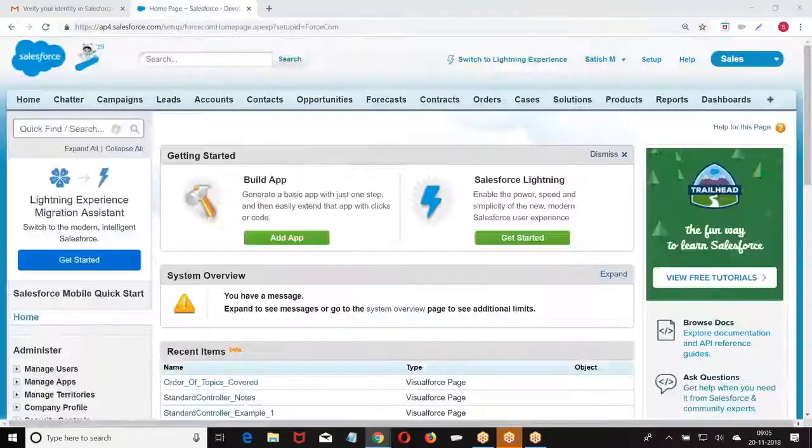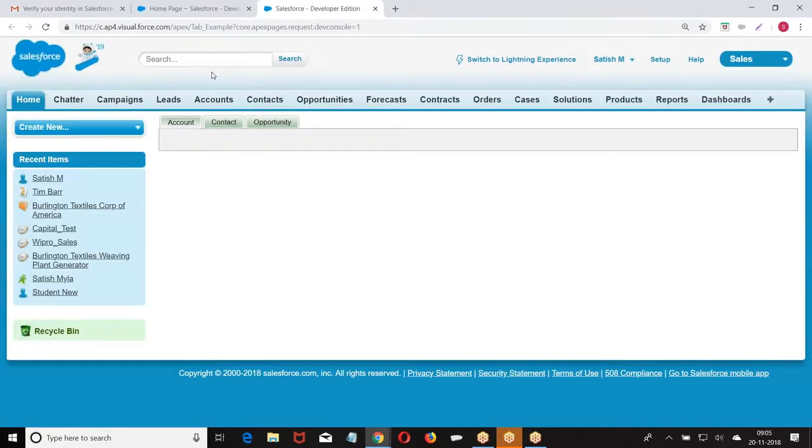Let's have a preview. So what happened? We got a tab panel here with a list of tabs: account, contact, opportunity.